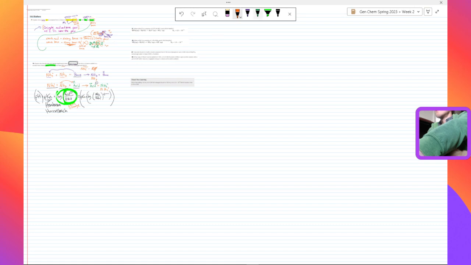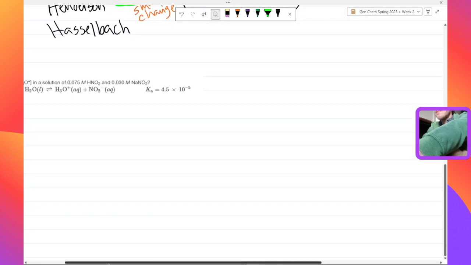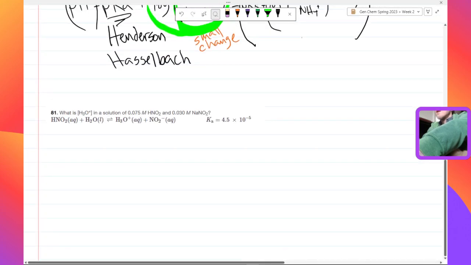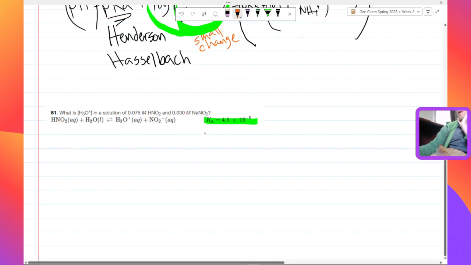That's the next question. The rest of these are much more numbers-y. Those first two were more on the concept side of things. So let's get into the numbers side of things. So what is even going on here? Let's look at a few things. We're given a Ka first off. So right off the bat, we know that we're talking about acid